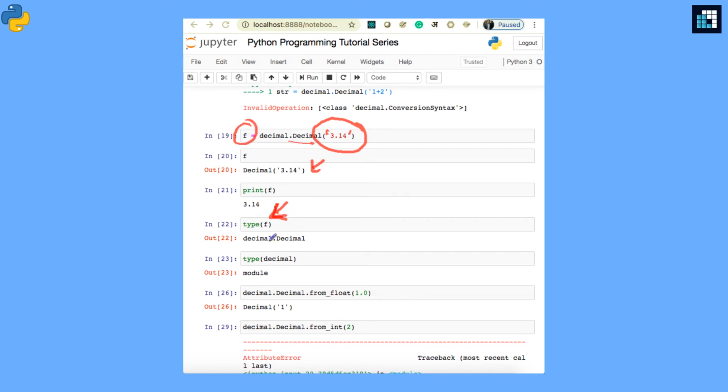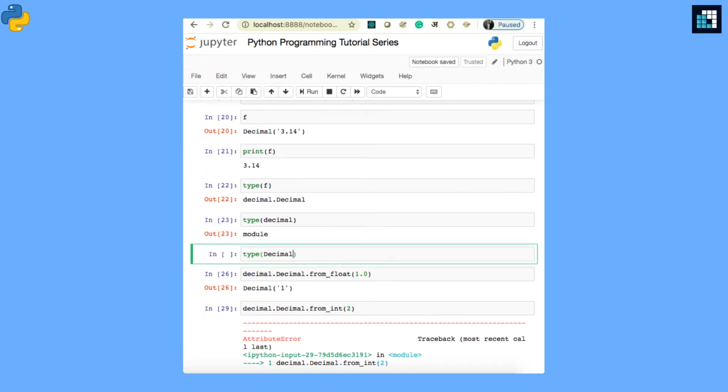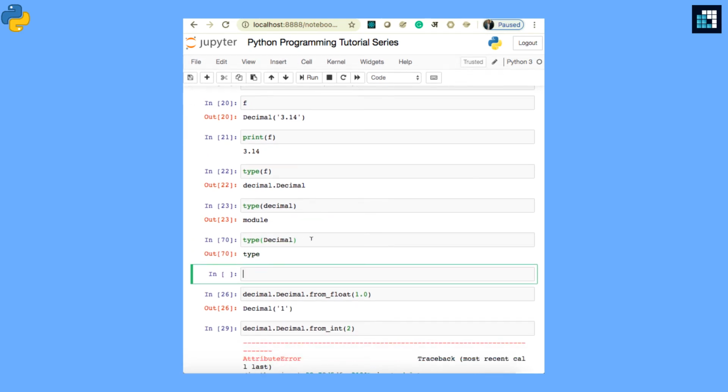So when you use a type, it will say, okay, this is a decimal. And what exactly is the decimal? It's a module. You can see this is a module. So my friend, if you try to run something like this, let's have one new cell here, and if I use type, let's say decimal, and run it, see, it's the type. So decimal, in small case, is a module which is a collection of various types available